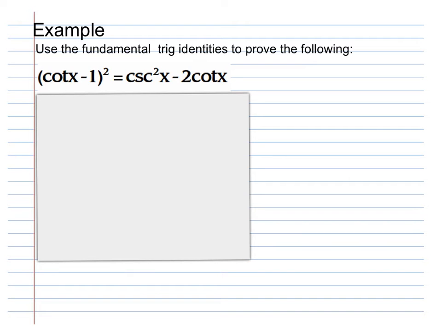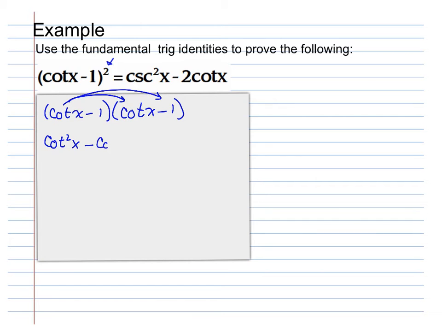Again, we have to try to remember our stuff from Math 2. We know that this exponent right here means we have 2 copies of the same thing. So we are going to have 2 binomials of cotangent x minus 1, and we're going to FOIL them out. So this times this is going to be cotangent squared of x. This one times that one is going to be negative